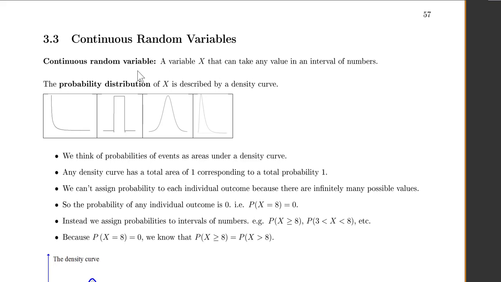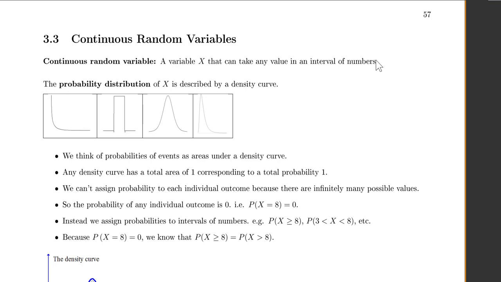In this section, we'll talk about continuous random variables. A continuous random variable is something that can take any value in an interval of numbers. I always remember this by thinking of it as decimals. Like if you're thinking about gas mileage, you could have 26 miles or 26.01 miles per gallon